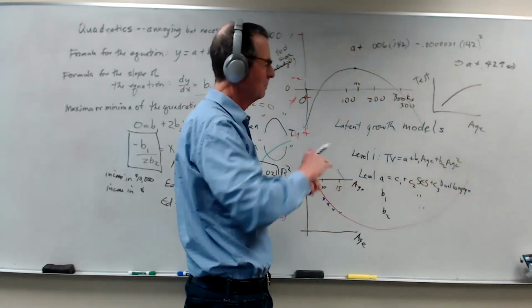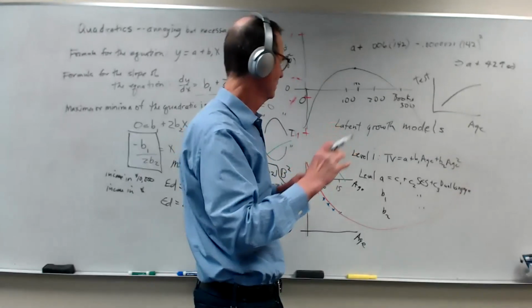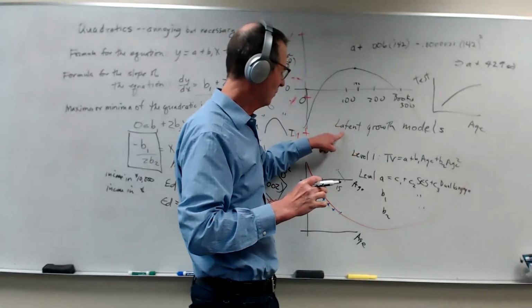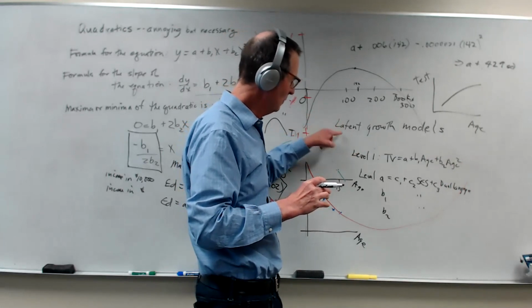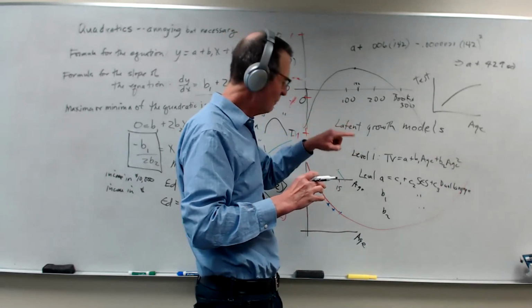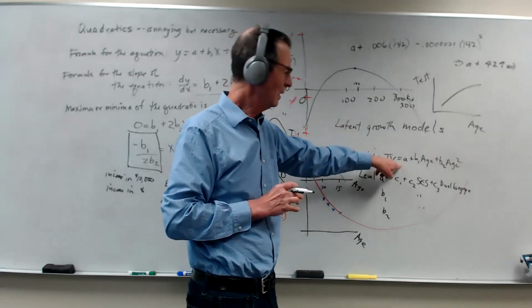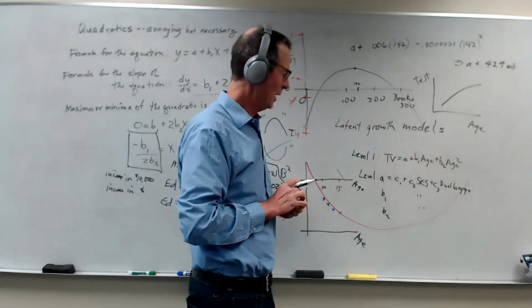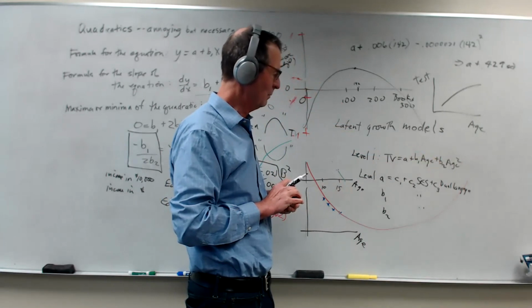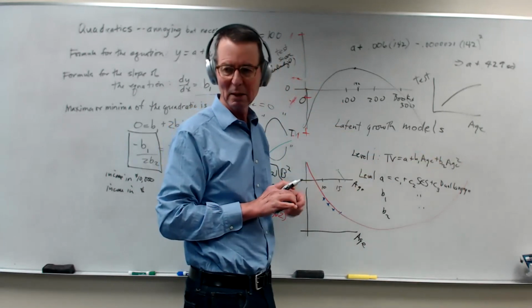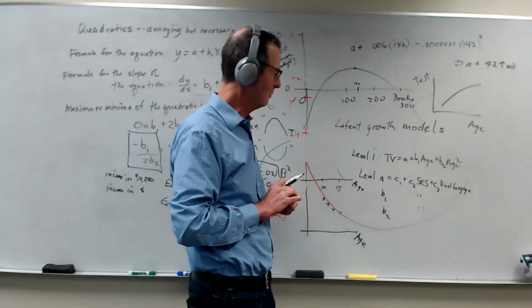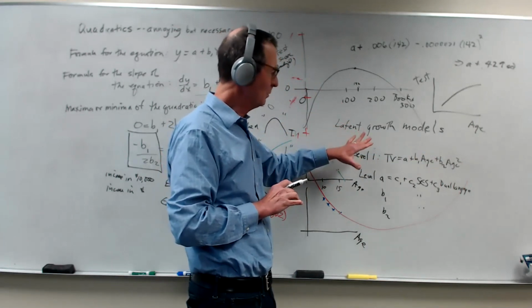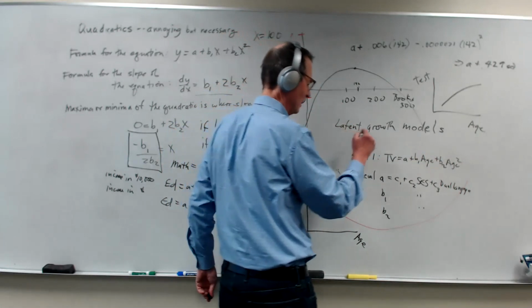So in the aggregate, a quadratic might fit okay, but these latent growth models have components that fit whatever the function is at every individual level. And then it takes these parameters that they estimate for every individual and then uses them in the next stages, the next levels of these latent growth models. We'll talk more about this later, but